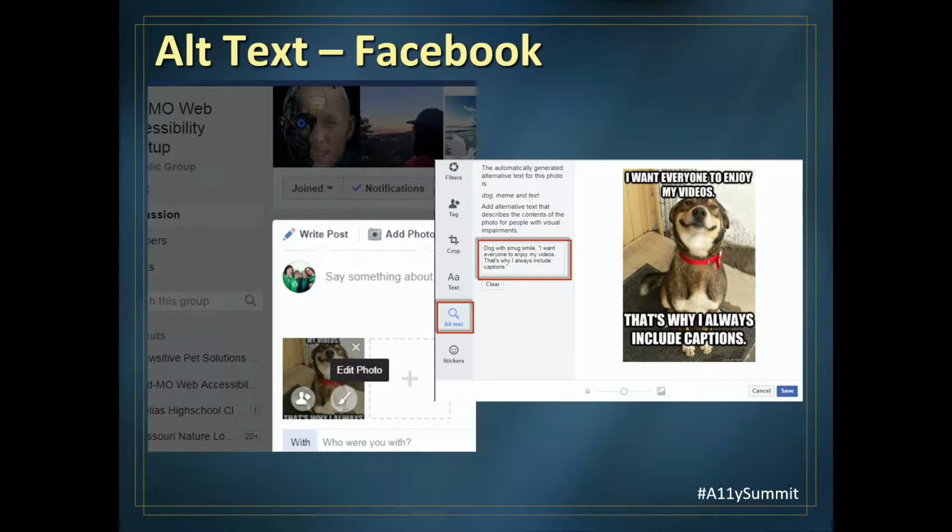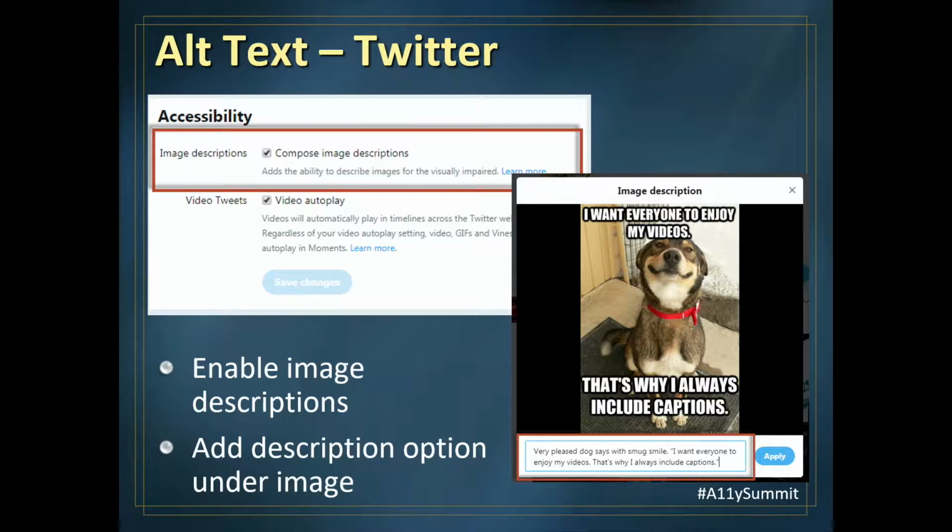But you are able to override what it automatically will tag it as, which probably in most cases is not really what you need or want. But it's a step in the right direction.